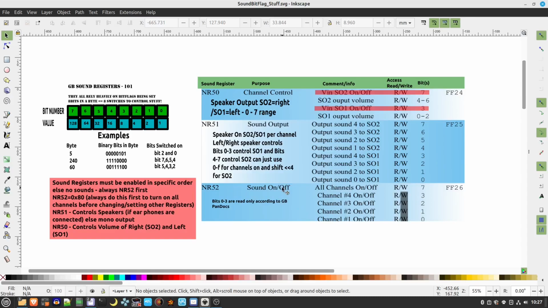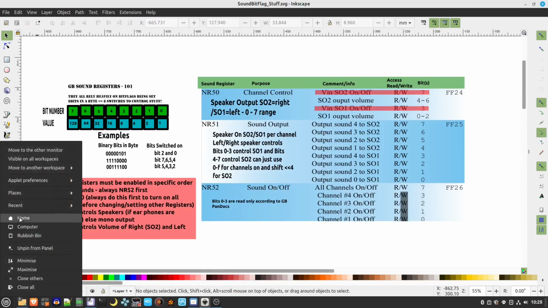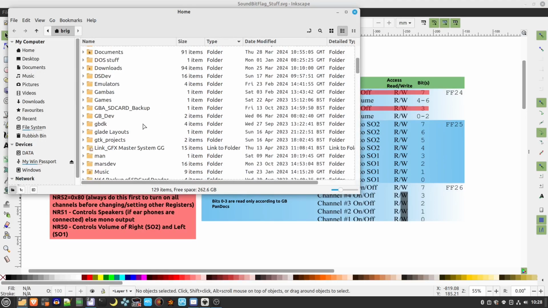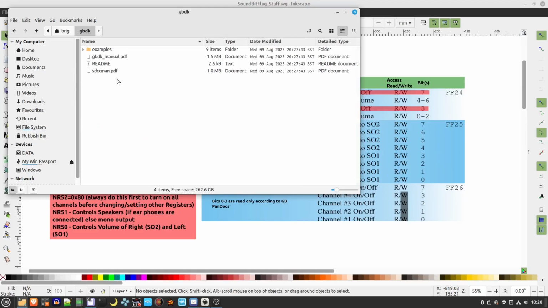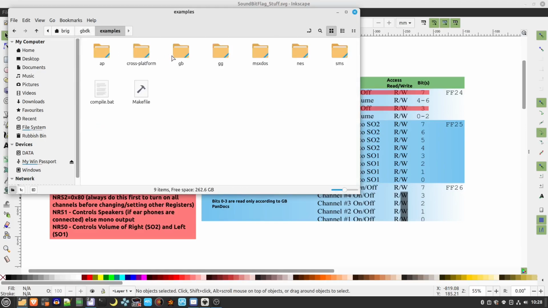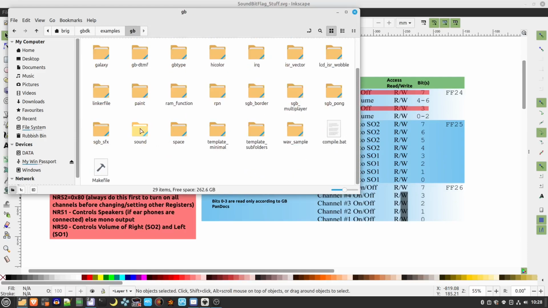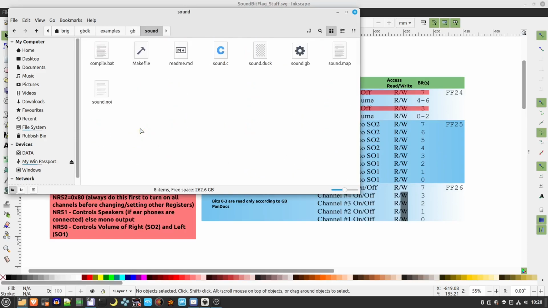What I'll do now is show you an example program which comes with gbdk specifically for the Game Boy, which will be really useful for you to gain an understanding of. So if you navigate to where you installed gbdk and then go in the examples folder and then in the Game Boy folder, the example is sound. So if you go in there,